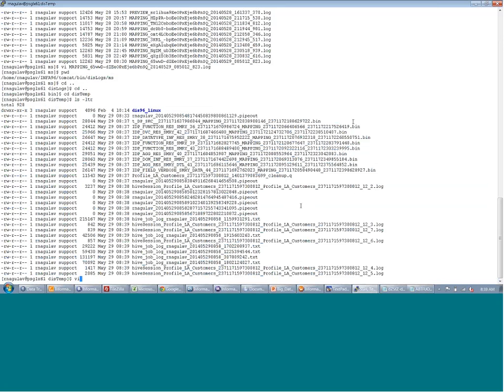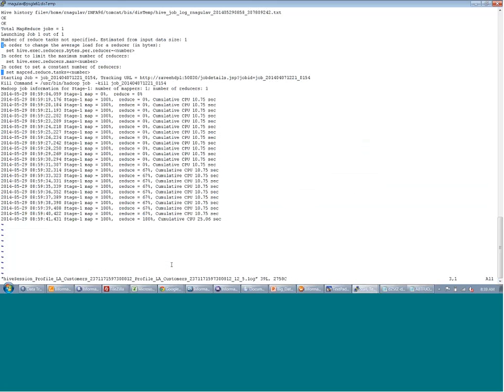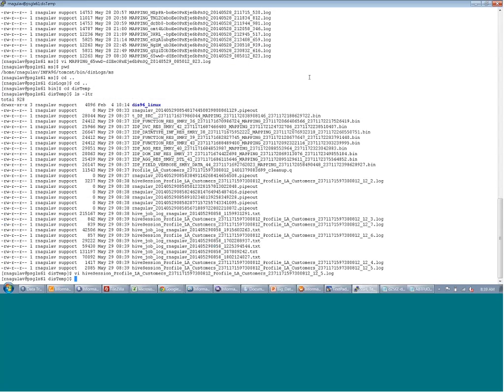So if you see, there are some Hive session logs that are getting created here. If you look at each of these jobs, it will say what the status of the map reduce jobs getting submitted is. In this case, it is pretty much done, map and reduce. There is also the job tracker URL. So in any case, when there are issues, typically you would look in the actual mapping log,